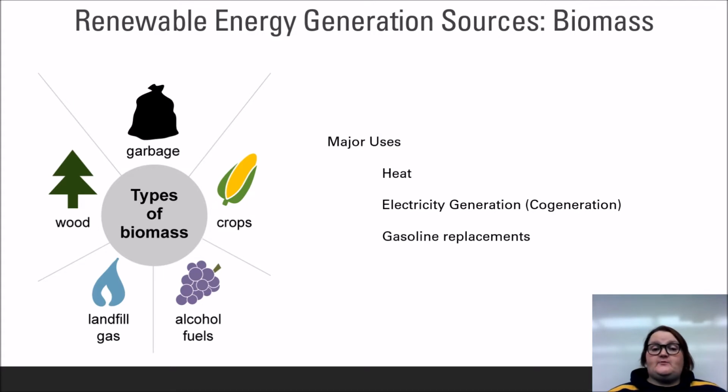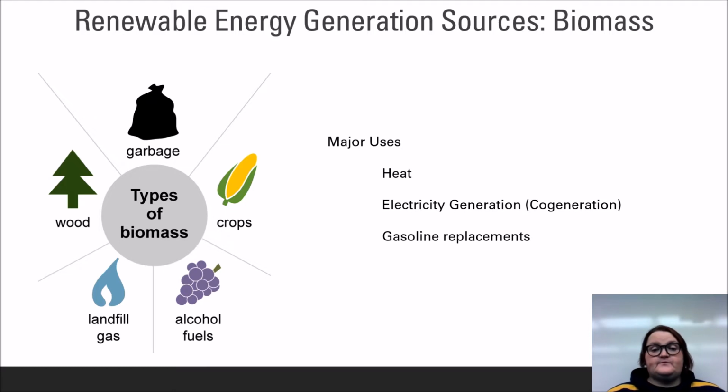Let us begin with biomass. We know that biomass is anything that was once a living thing. It is based on carbon, just like fossil fuels. When we think about biomass, we typically think about wood. And while wood is still one of the most abundantly used biomass sources in the world, it is not the only one. Crop waste, like corn stalks, and garbage can be types of biomass that are used for a variety